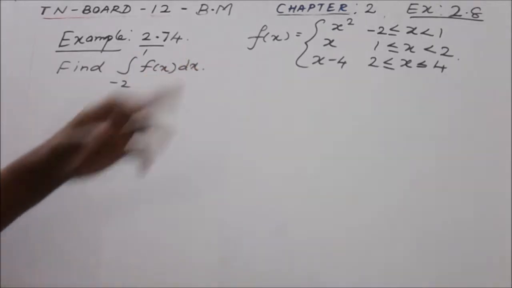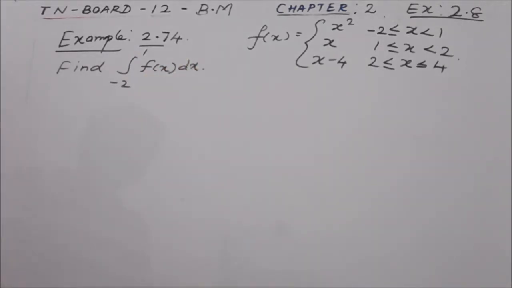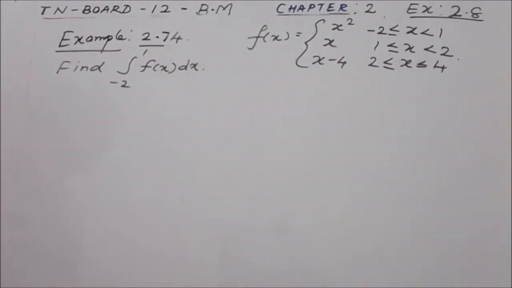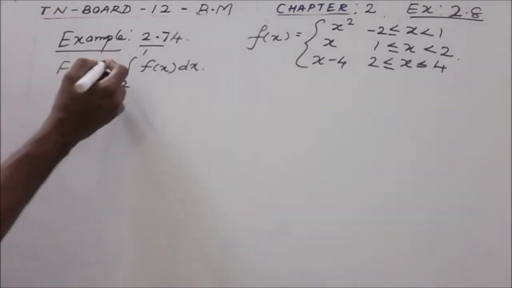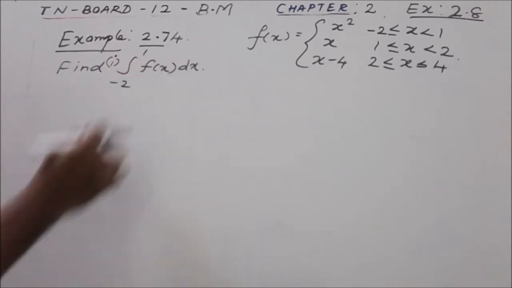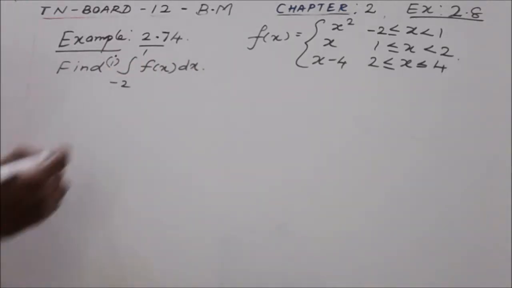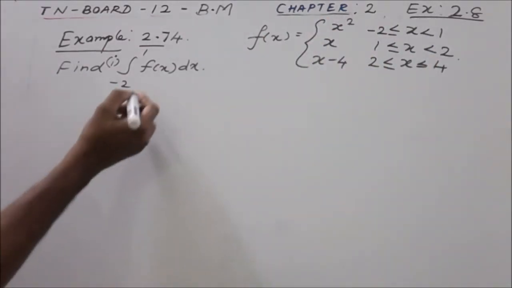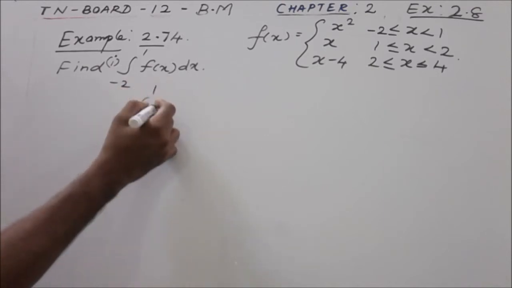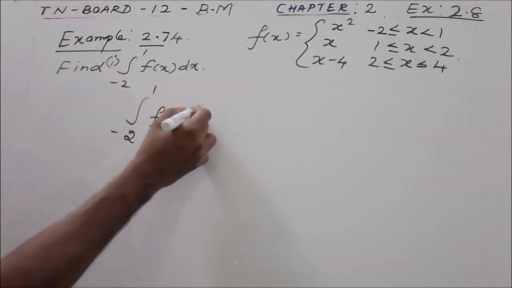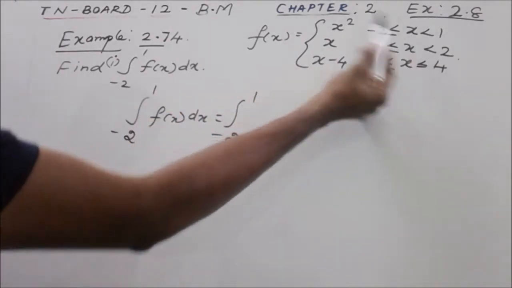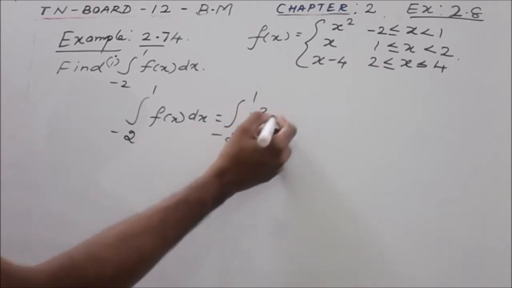Integral minus 2 to 1 f of x dx is given, first subdivision. F of x is for 3 different functions for 3 different intervals mentioned here. We should find there are 5 subdivisions given. The first subdivision is integral minus 2 to 1 f of x dx. So minus 2 to 1 means it includes the first function. So integral minus 2 to 1 f of x dx is equal to integral minus 2 to 1, the respective function for this interval is x square, so that is taken here into dx.